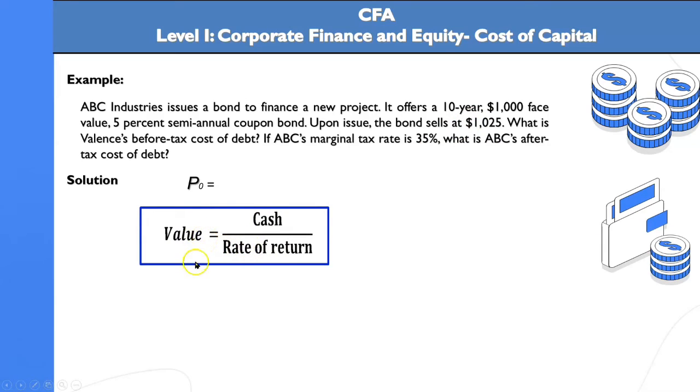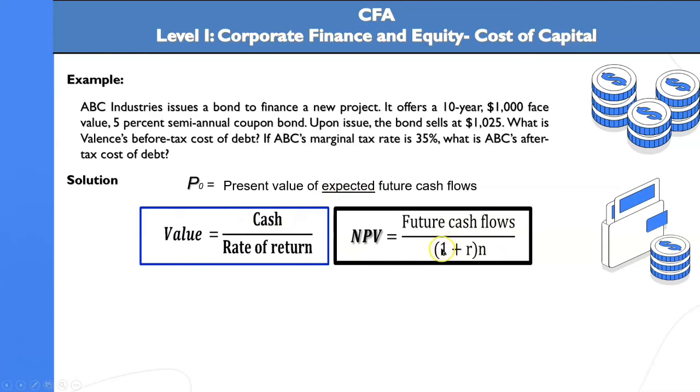This is the equation from video 1. Present value of expected future cash flow. We use expected because it is in the future. We expect to get that payment. Although it is fixed by contract, the company might go bankrupt. So this is why we say expected. And then we introduce 1 plus R. We explained why we are introducing N, so let us not repeat this. So the equation will be so simple.